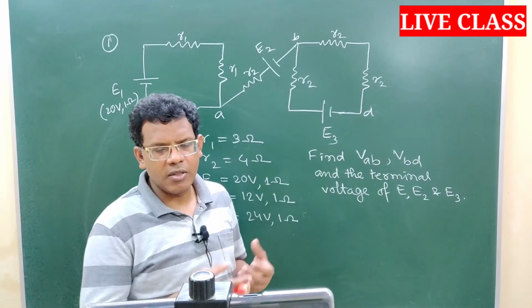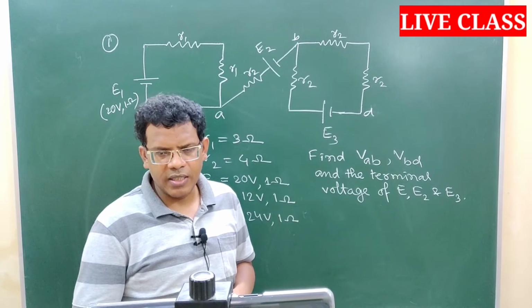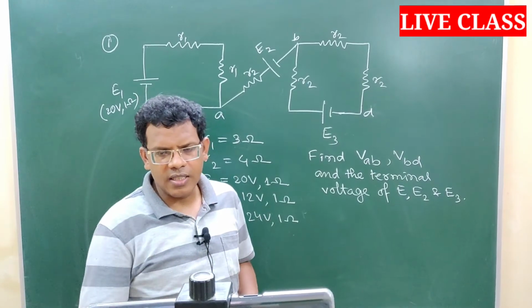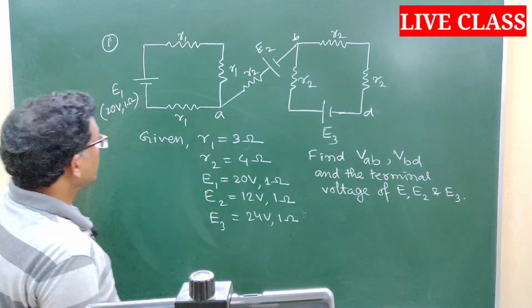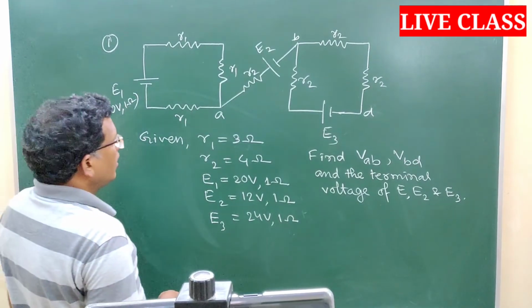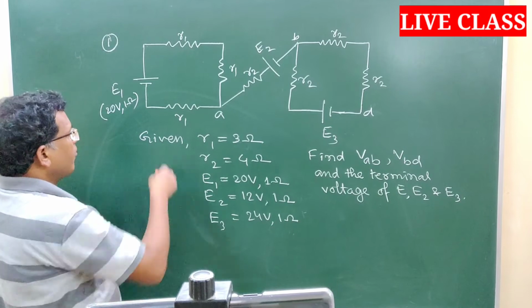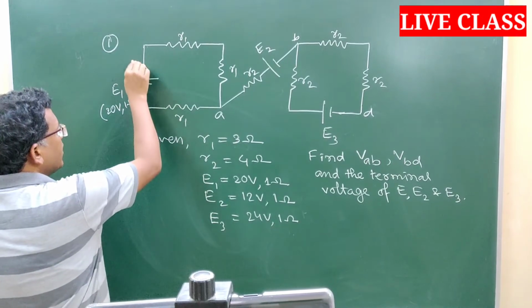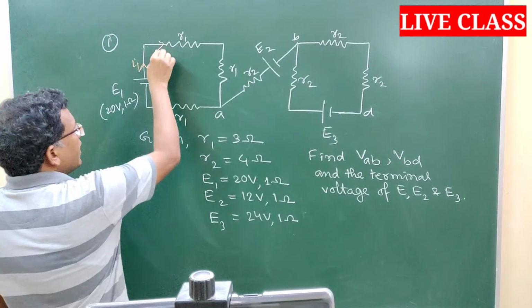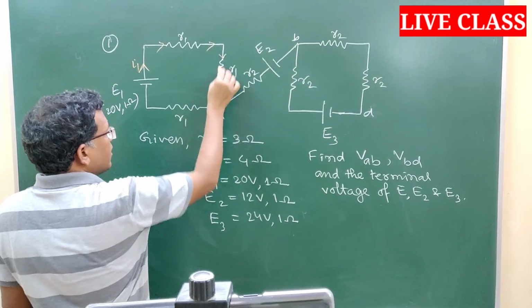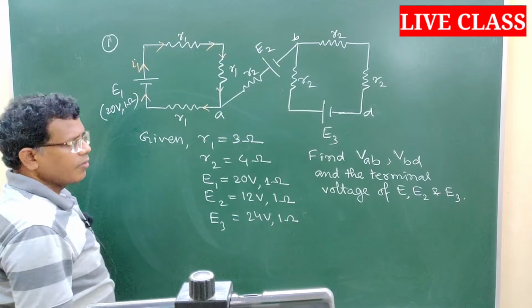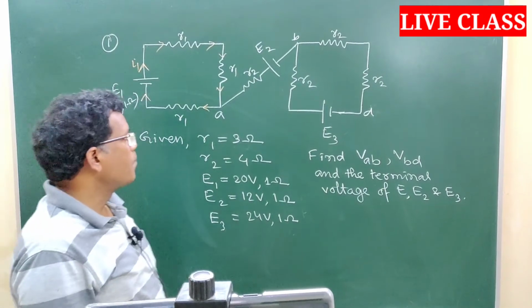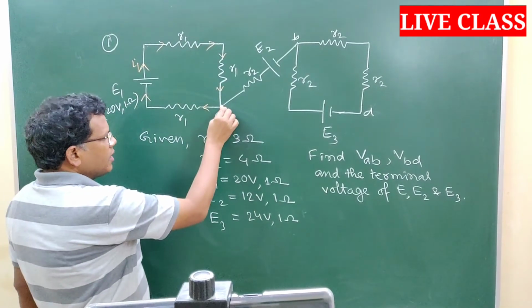So whatever charge is drawn from the circuit has to be given back to the cell so that the total charge remains conserved. Based on that principle, if we draw current I1 from this one, I can consider that I1 flows in this way and comes back to the first cell, that is E1.